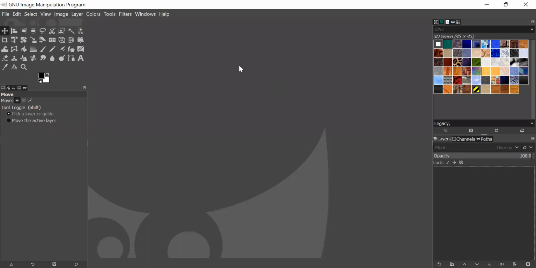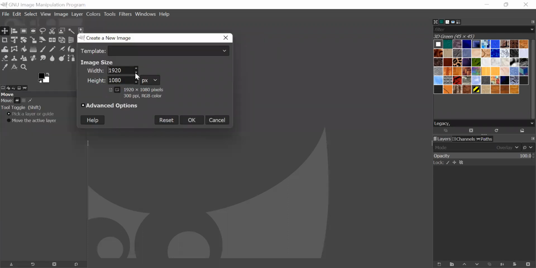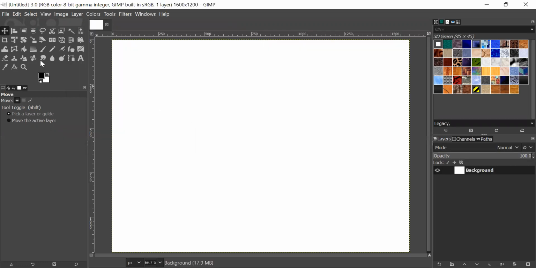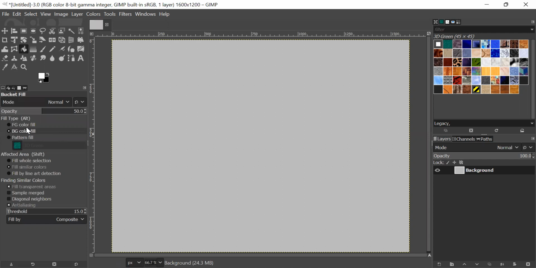So here we are on GIMP, and then I will create a new project, and the width will be 1600 and the height will be 1200. That's 1600 and 1200, and then click OK. And then you should fill the background with black. Okay,